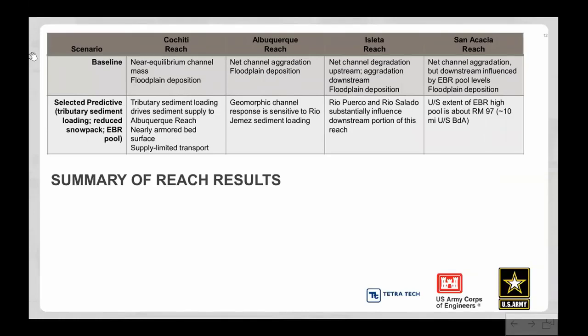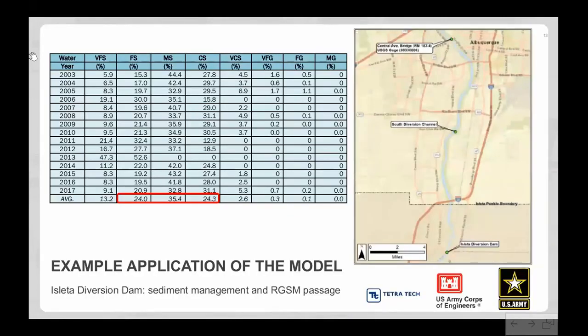What the model has in it with the baseline and these selected scenarios really points out what is influential and what kind of responses we're seeing in terms of general aggradation and degradation. I'm not going to read this to you. I'll leave that out there as something interesting, and where I want to head with it is